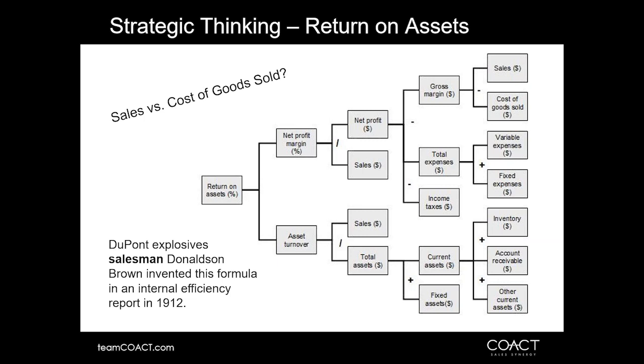So obviously, we're looking at sales minus cost of goods, gross margin. That gross margin minus total expenses and income taxes equals net profit. Divided by sales gives us net profit percentage. So, we've all kind of seen this calculation to return on assets. And I think if you're a business growth leader in your organization, you've got to be thinking about this all the time. You've got to be thinking about the cost of goods sold, what you need to sell